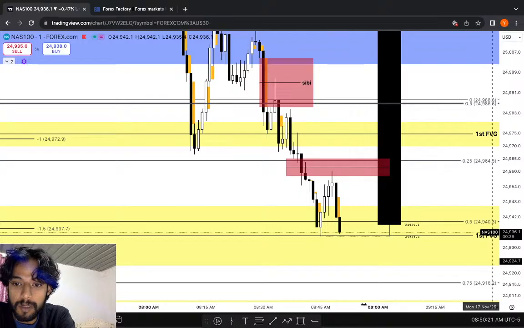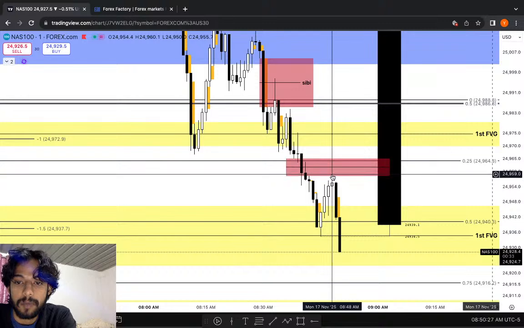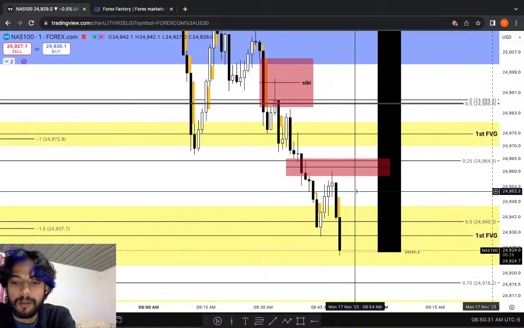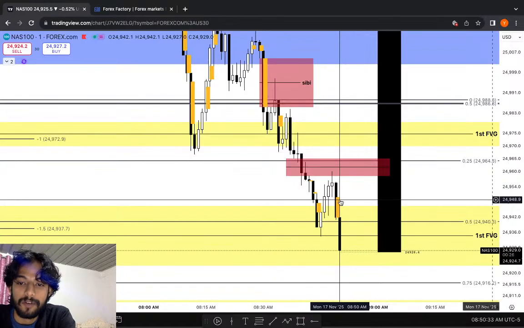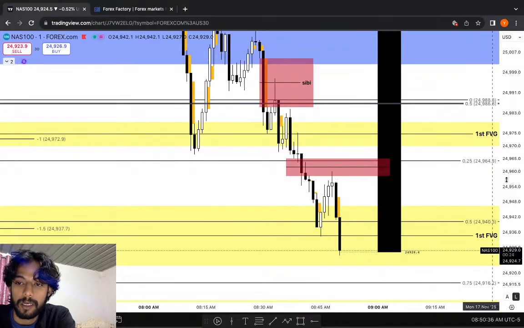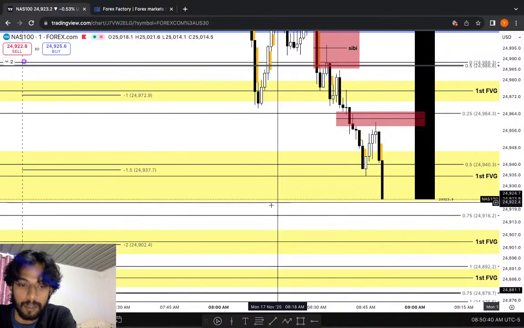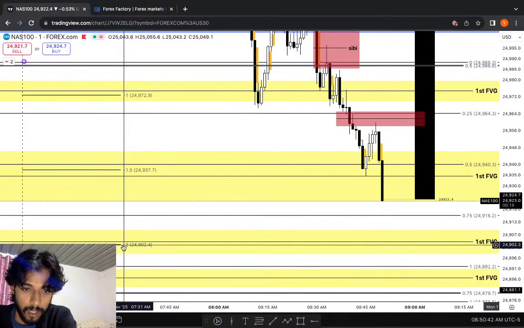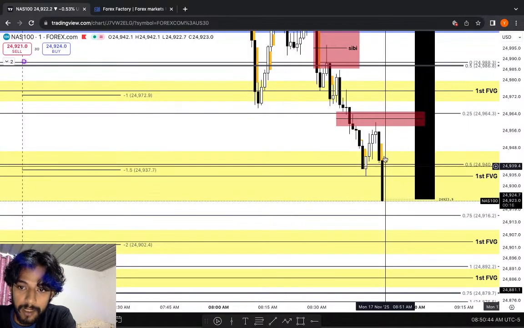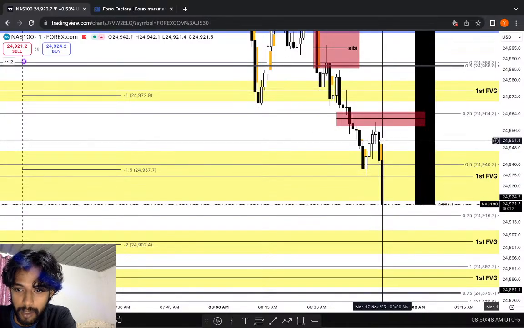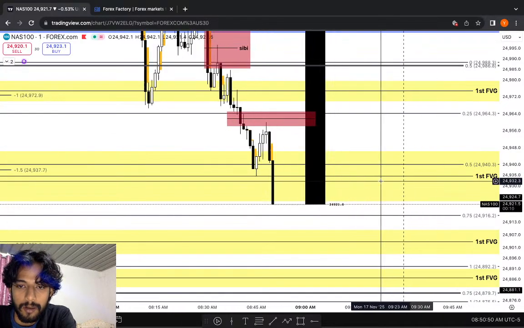Yes, that is completely possible. Look at that. The bodies of the candle stayed below that 3 minute inefficiency, and we have taken out that 15-minute low right there. And now let's see if we can reach our area, which is around -2. And why did this big candle form right here? Not here, not here, why here?